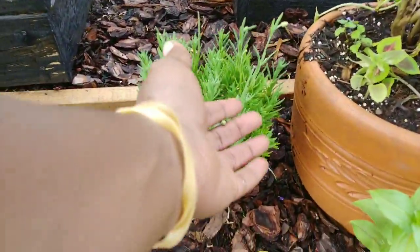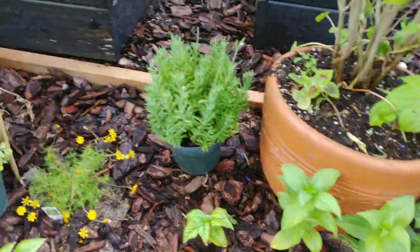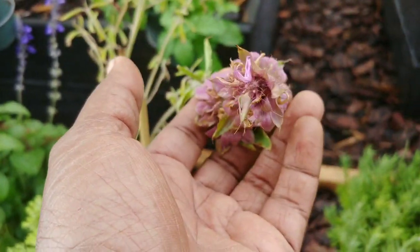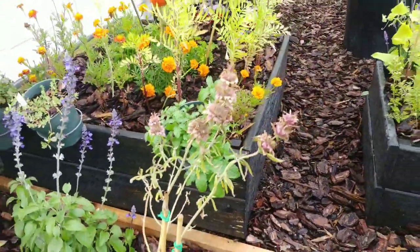Lavender, it's not flowering now, but it was, and it has flower heads coming. I have so many different types of lavender growing in the garden. This is lemon bergamot, and I transplanted this from my community garden because I planted it out there and I had no idea what it was. I honestly thought it was lemon mint,